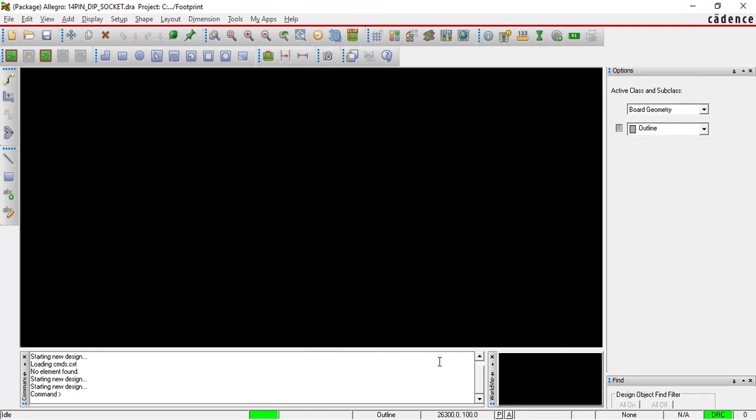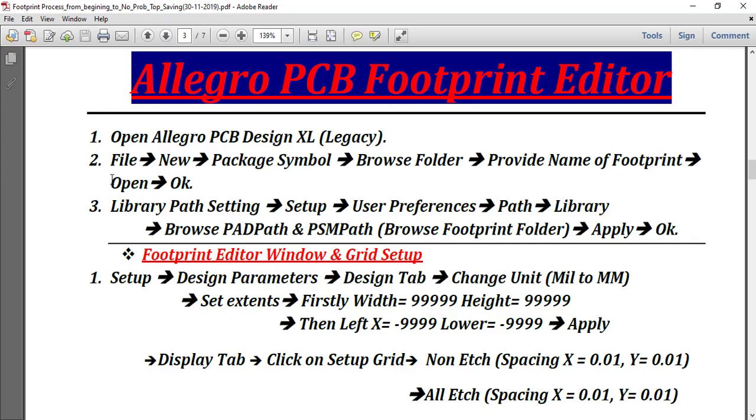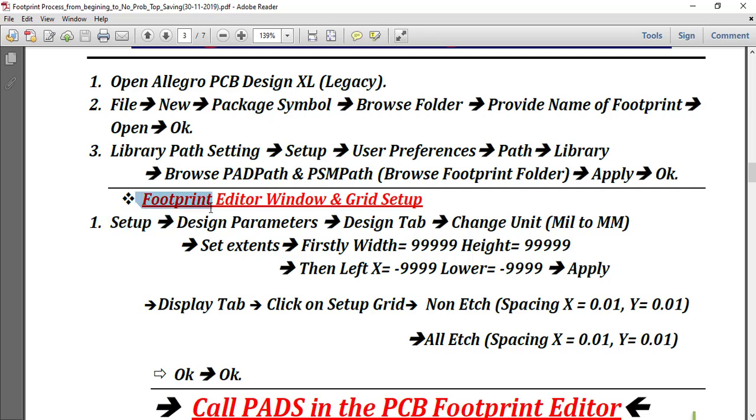This is the footprint editor window and grid setup. First we will set up all the grids and windows.